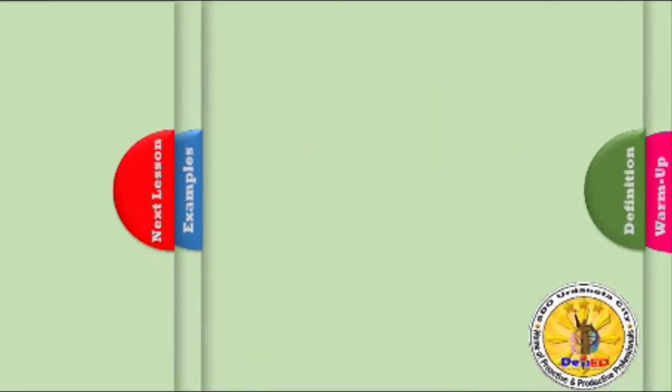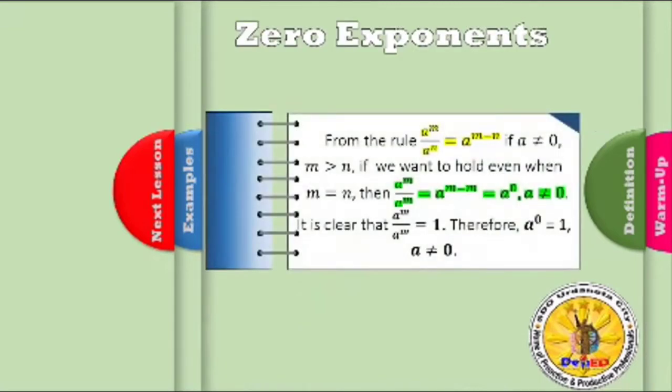So when we talk about zero exponents, it explains from the rule a raised to m over a raised to n, which is equal to a raised to m minus n. And take note of this, that a should not be equal to 0, and m should be greater than n. If we want it to hold even when m is equal to n, then we will have a new equation, which is a raised to m over a raised to m, which is equal to a raised to m minus m, and that is a raised to 0. Again, a should not be equal to